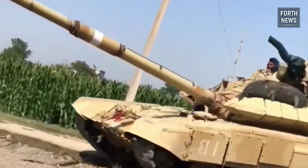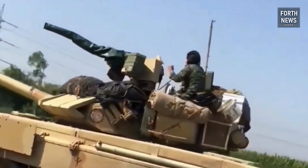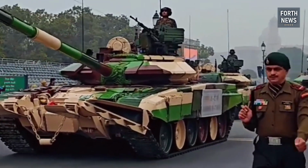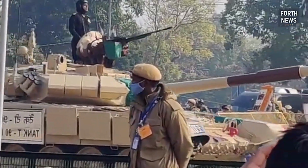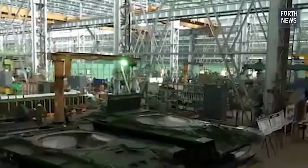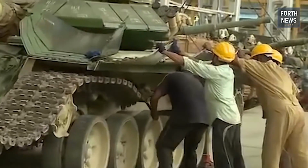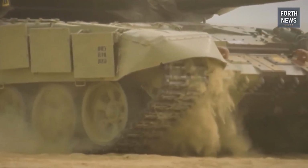Operational history. Since its induction into the Indian Army, the T-90 Bhishma has played a vital role in strengthening India's armored capabilities. Its operational history is marked by participation in various exercises and training programs, showcasing its effectiveness and versatility on the battlefield. The T-90 has been involved in numerous military exercises, both domestically and internationally, demonstrating its prowess alongside other armored